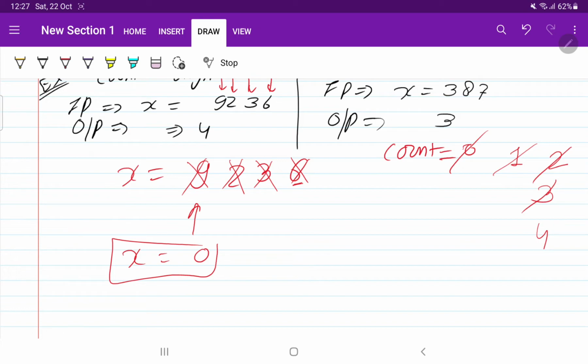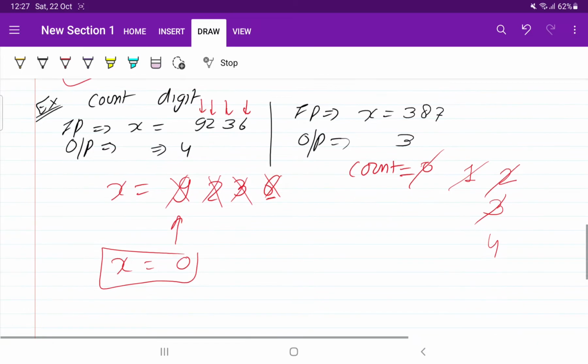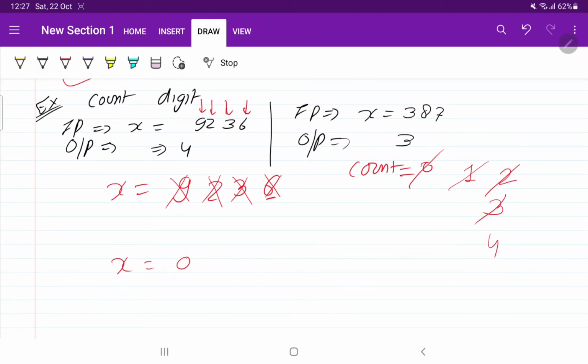Okay, so this is the logic that we are using to solve this problem, right? Now how are we going to do this? I told you we are going to remove the last digit every time. Now your task is to think how you can remove the last digit. You can pause the video and think for a minute. If you didn't get the logic, you can come back to the video, no issue in that.